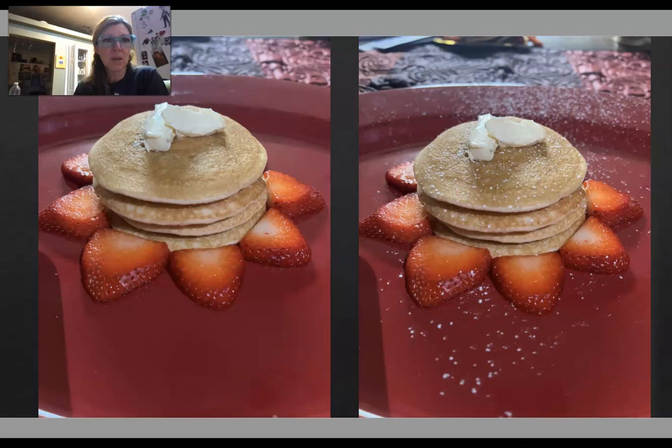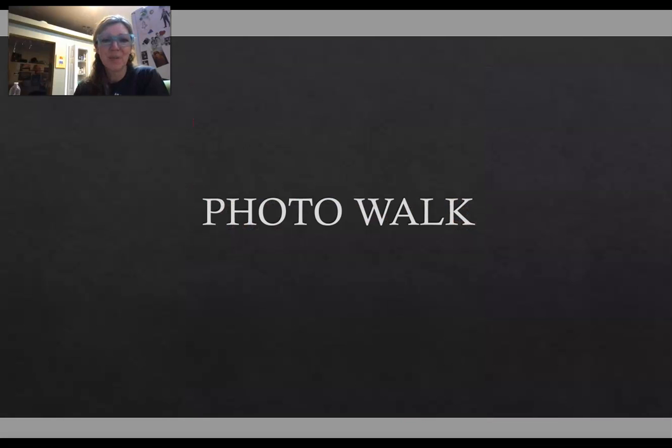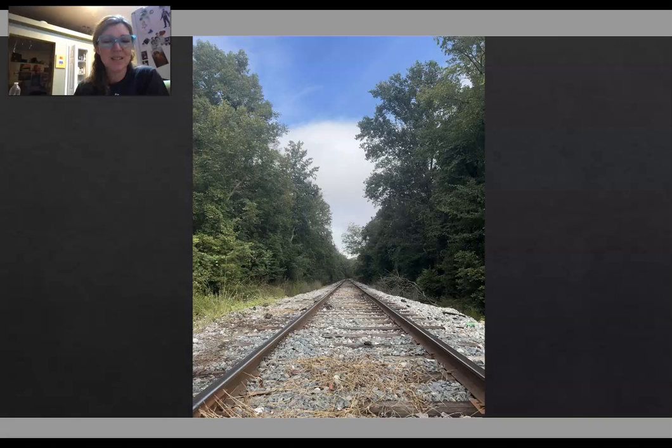And it looks like you've got all the same aspect ratio there, so it might be a nice triple. So something to think about. And your photo walk. I did really like this image, and